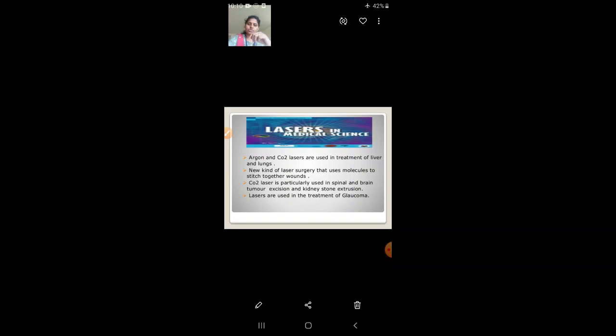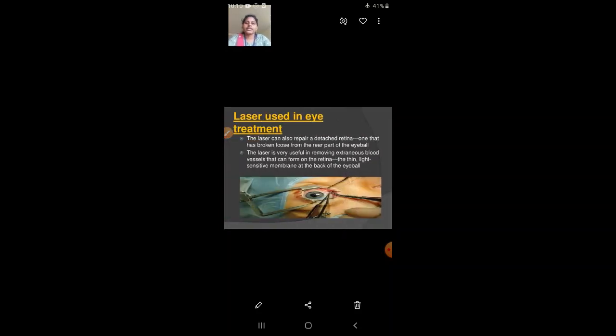So nowadays each and every operation is done by using lasers. That means plastic surgery, cancer treatments, cancer therapies and scanning. Everything nowadays we are heavily using these lasers. The plus advantage is that the operation is a success without blood. So this is the laser advantage. And laser is used in eye treatment.